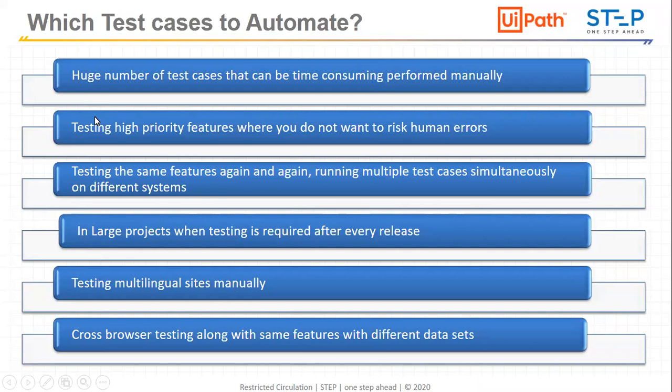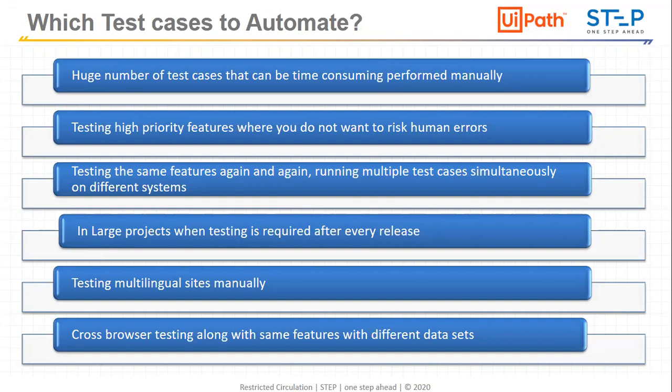If I'm a customer of ABC Bank, and that ABC Bank has an internet application, and I have transferred 1 lakh rupees to one person, and there is a problem or a defect in the fund transfer functionality, then my money is gone and I don't know where that money is. It got deducted from my account, but the receiver has not got it, and that is the high risk scenario.